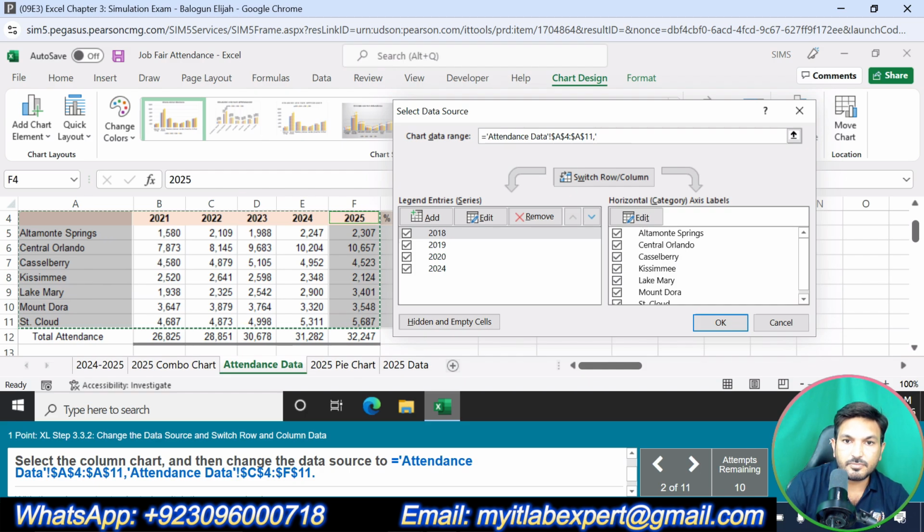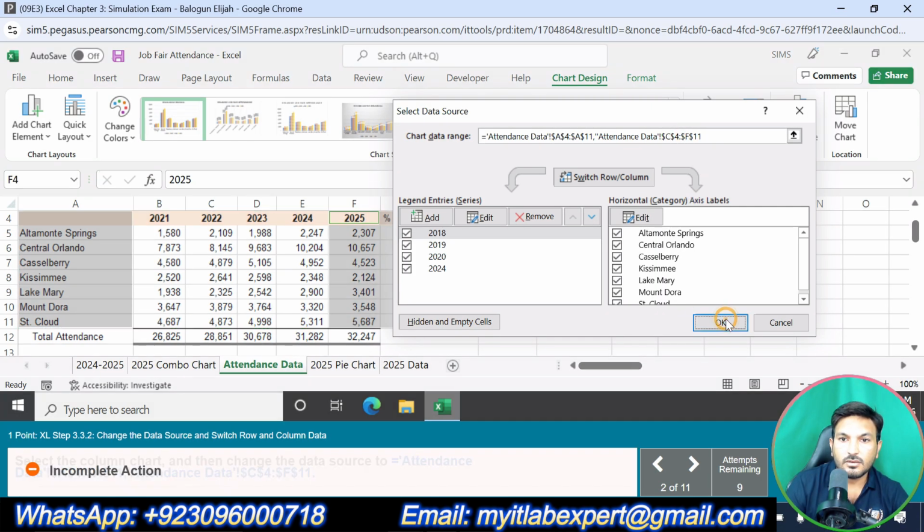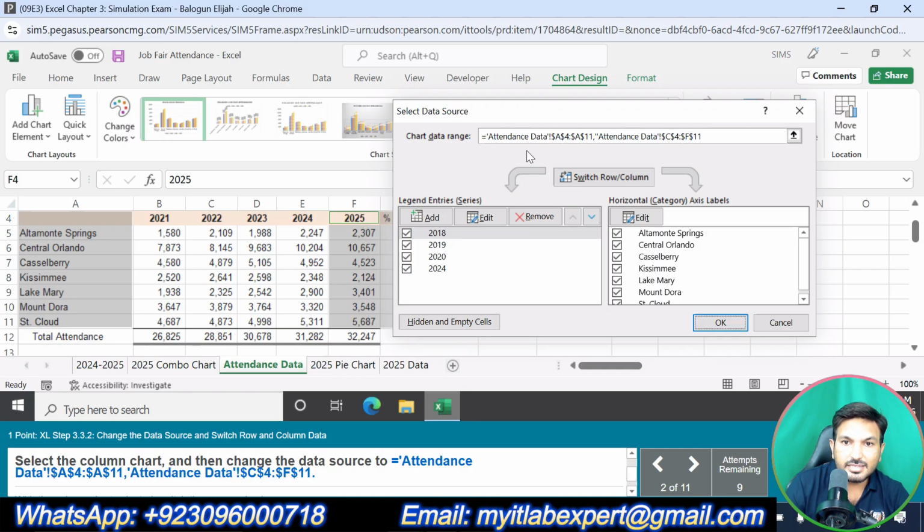Again this, and that should be C4 up to F11. Okay, let me see. Attendance data A4 up to A11, attendance data C4 up to F11.